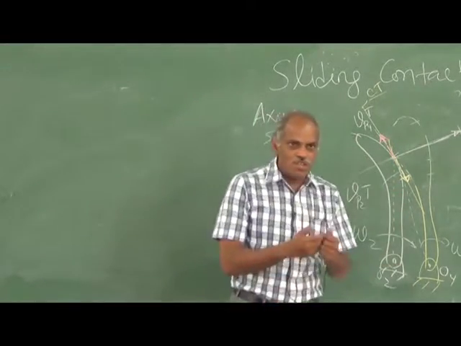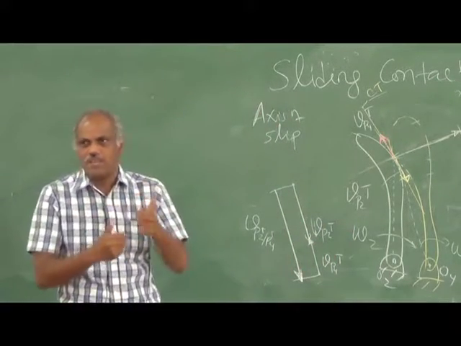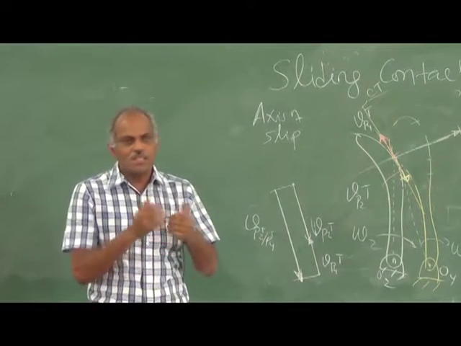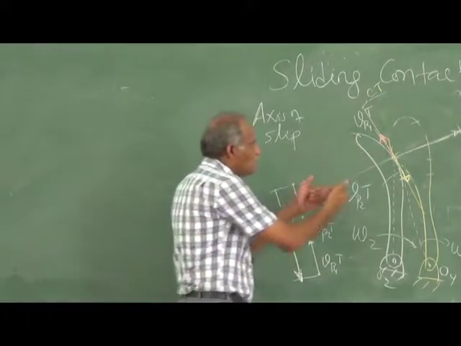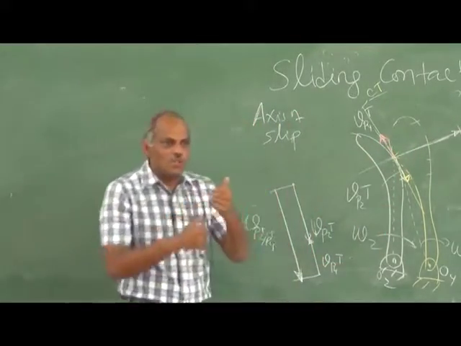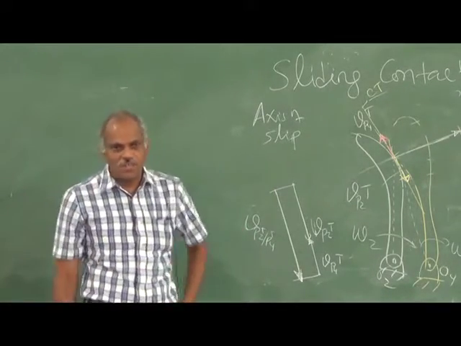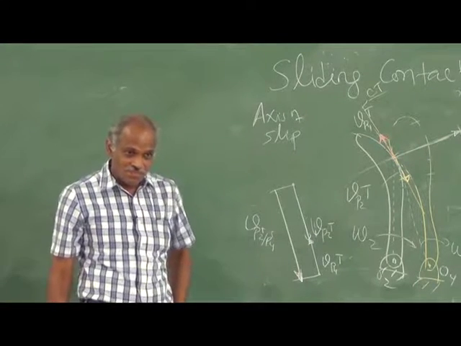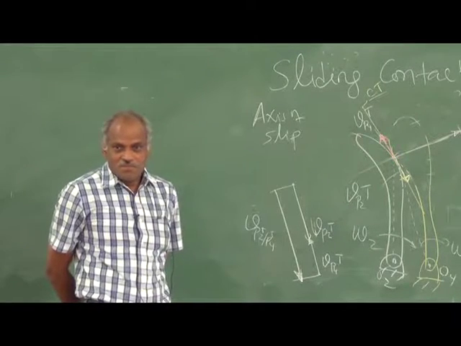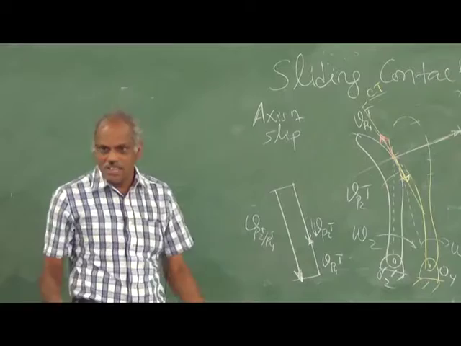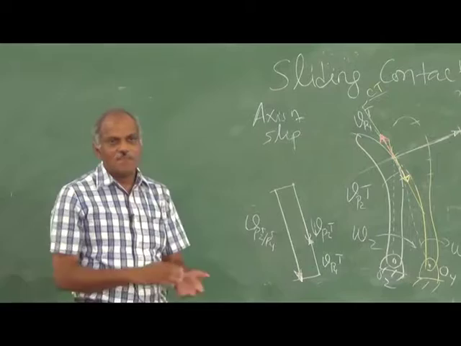If it is a simple displacement with a zero force, no problem. That is, if the sliding contact takes place with zero friction, no problem. But it is not realistic to have two objects with a zero coefficient of friction. What is the lowest coefficient of friction you can think of between two pairs? So you know there is a coefficient of friction, materials are there, steel, wood like that, brass, wood, or ice on ice like that.